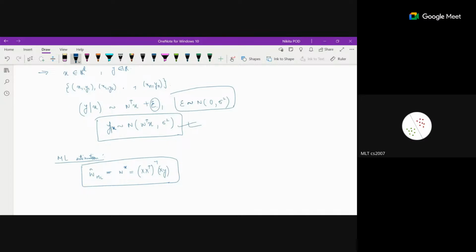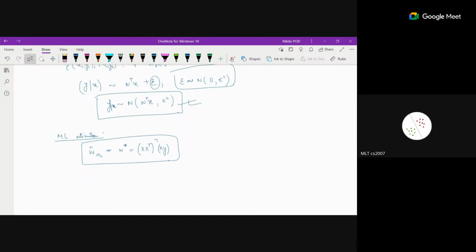So in order to check how good your W hat ML is, we want to see in the long run how well your W hat ML is performing. For that we can find the expectation, because W hat ML is random. So we want to check the expected value of W hat ML